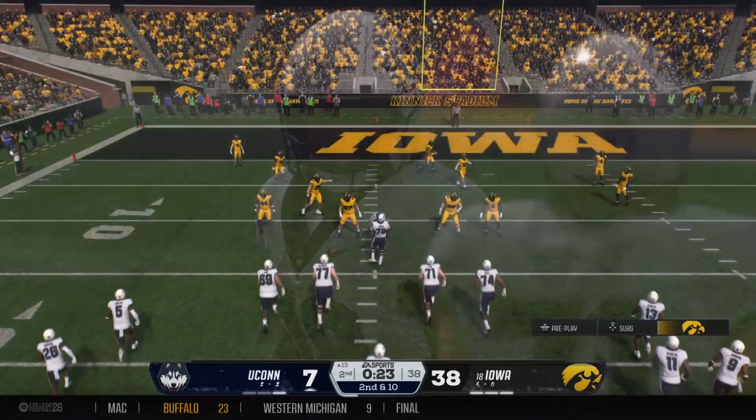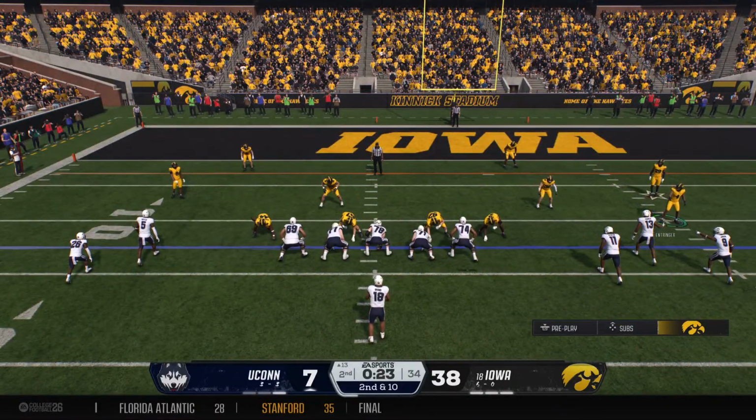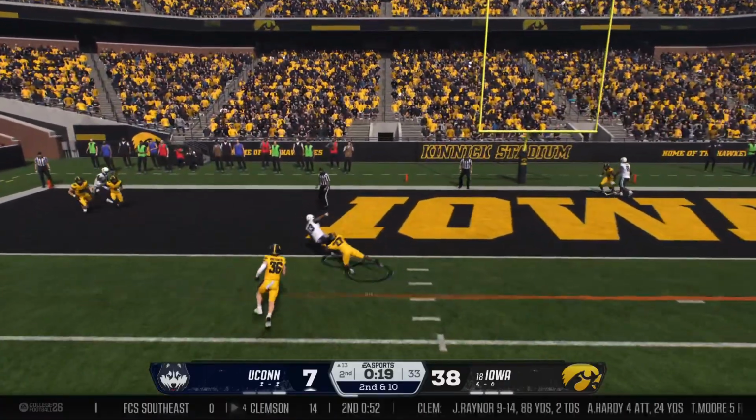The offense just has not been able to find a way to get their rhythm going here in the first half. We just haven't seen it in the passing game. That was a really good example of it again. If they're going to score more points...